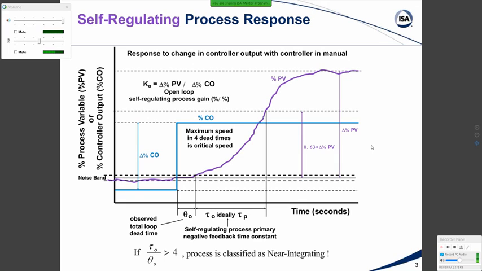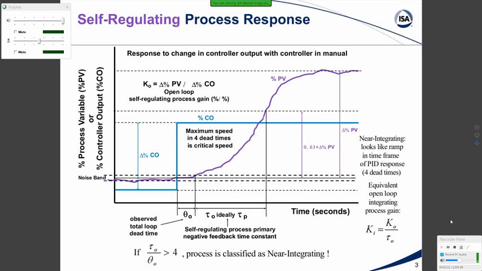All types of vessels and all types of columns tend to have this near integrating response. In the near integrating response, what the PID sees in its time frame, which is about 4 dead times, is a ramp. The equivalent open loop integrating process gain really helps us to go back and forth between, say, looking